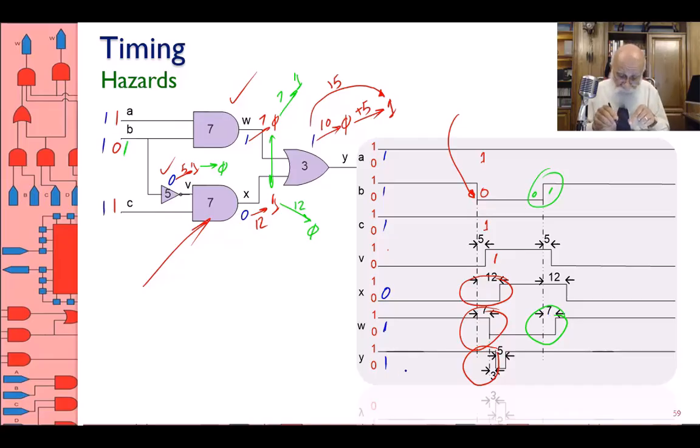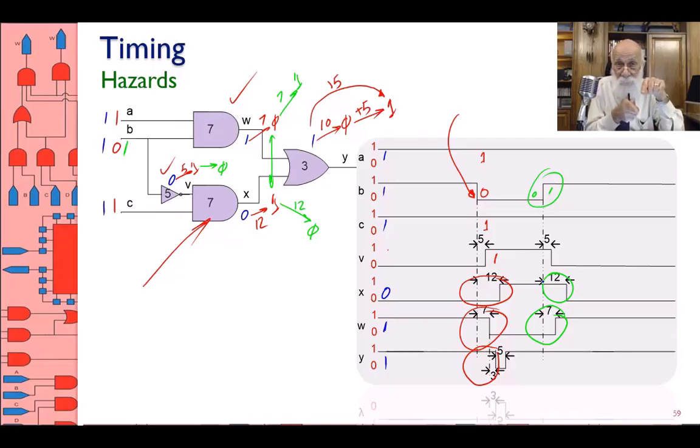And then my output is seeing both W and X being 1 for a short period of time simultaneously. And therefore, not only is my output not left down to 0, but also both inputs are 1 at one